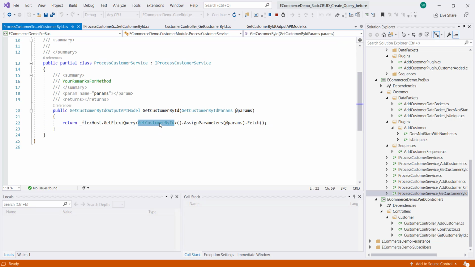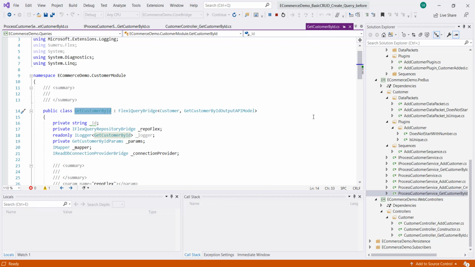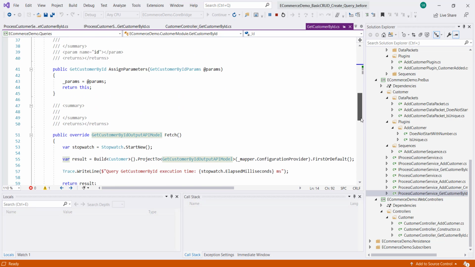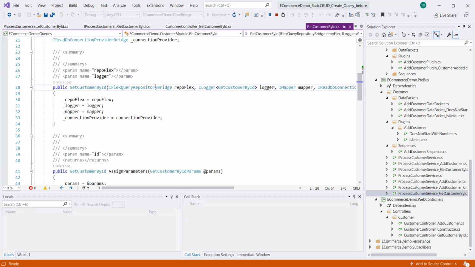If you see, the parameter is passed to the customer. We have a query built for you for fetching the customer. That takes the customer domain model and the output API model. Here what it does is also create a repository.